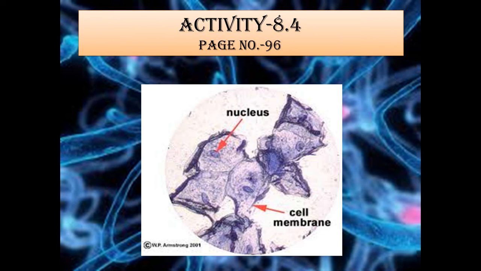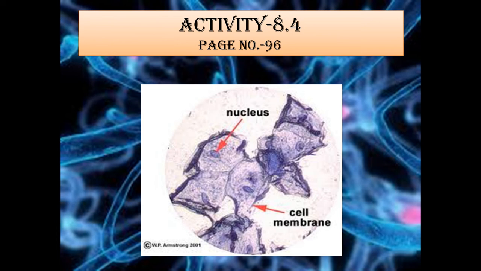An animal cell is different from a plant cell in some structures. Okay. As we have discussed, the cell wall is present in the plant cell, which we observed in the onion peel, and the animal cells do not have a cell wall, right? You have seen it in the cheek cells, right?